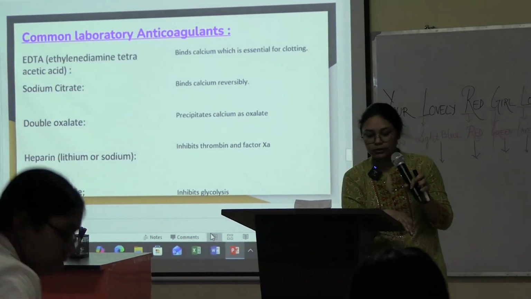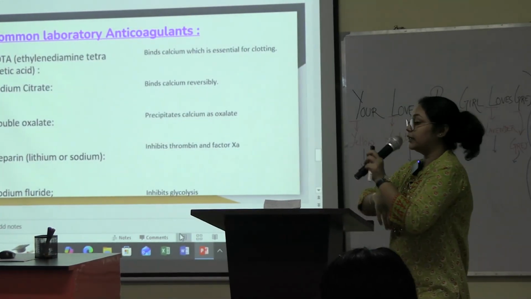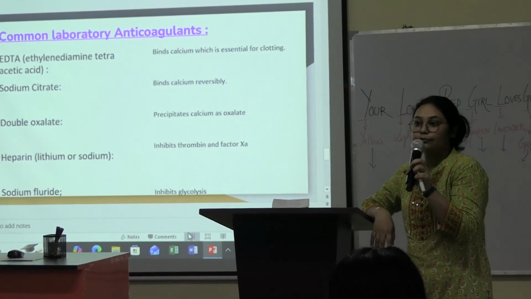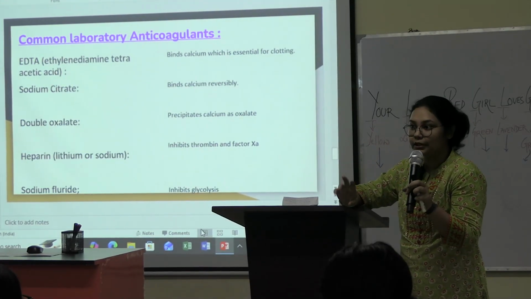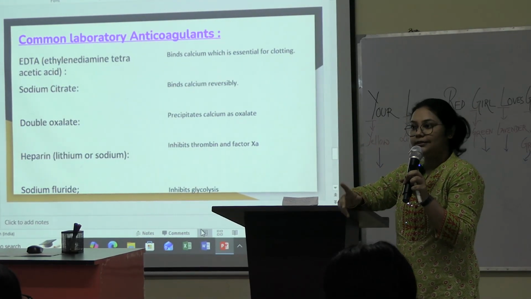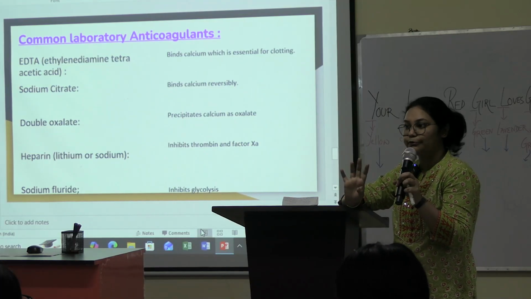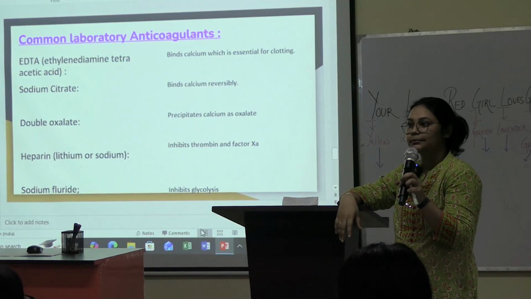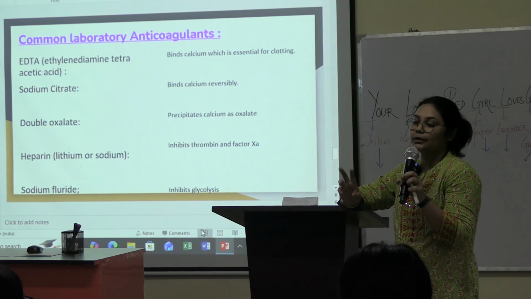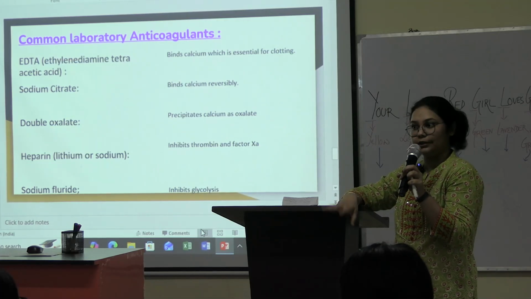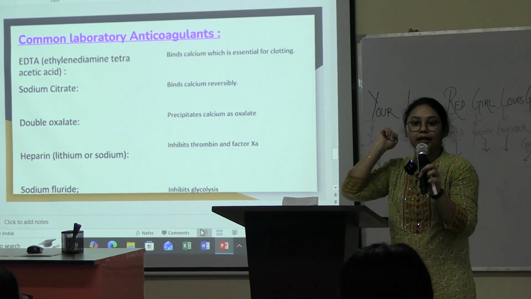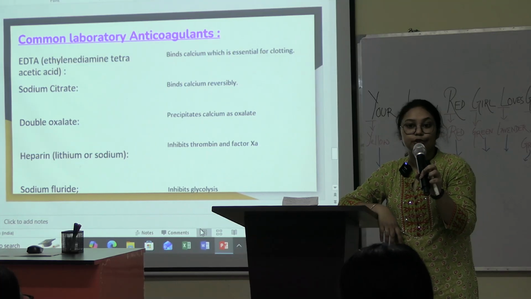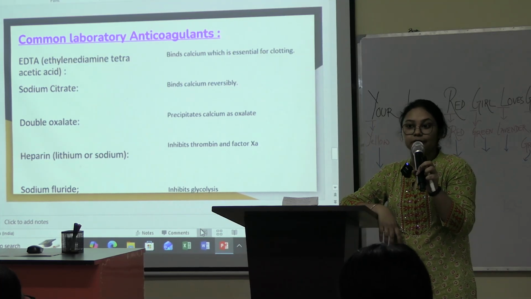Okay, sit down. Now, can anybody tell me what are the sites for capillary puncture? You tell me. The ring fingertip. Okay. Other sites? This is the most preferred one. Other sites? Okay, middle finger and sometimes the index finger also. Okay, from back. Can anyone tell me what are the sites of venous collection, venipuncture?